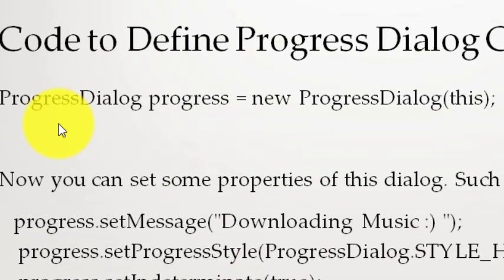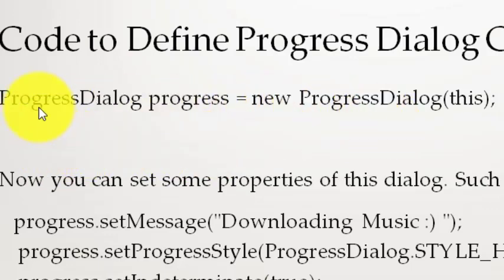The syntax is, since it is a class, we all know the basic syntax to create an object of a class: the class name, object name equals new class name. This is a standard syntax for creating an object in Java.